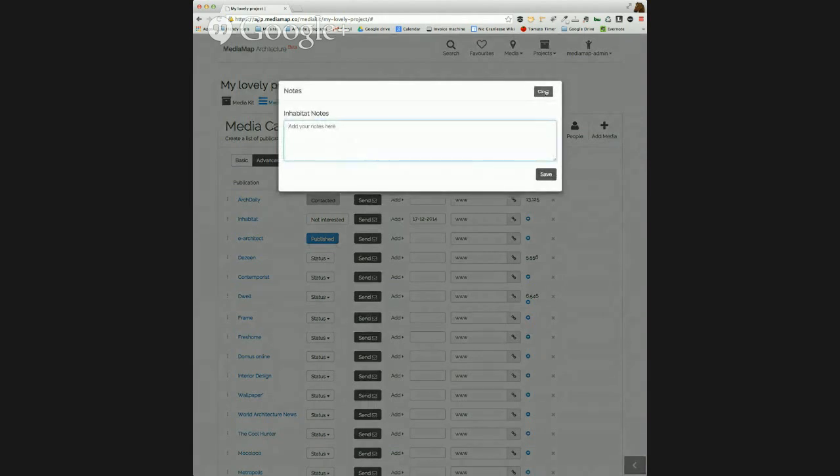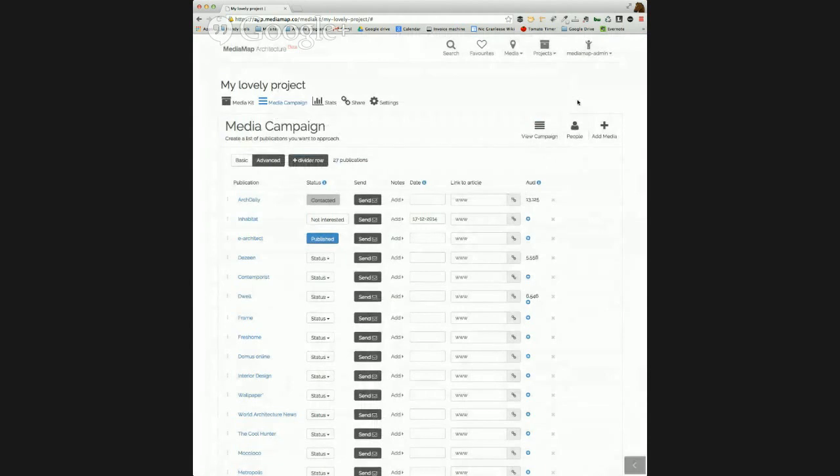Yep. This becomes important when you're going into a lot of different media, and especially if you're trying to run multiple projects at once. So for the architectural photographers out there, if you're doing this on behalf of your clients, trying to run 3 or 4 projects at the same time gets confusing very quickly. So that's what we're trying to solve here. We're trying to streamline that whole process.